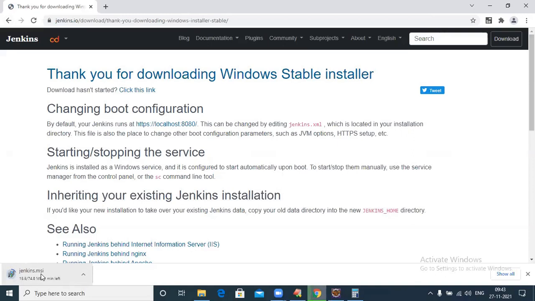I will just tell how it is running. Once you download this, wait one minute. After downloading, just double click. It is an exe file. Follow the instructions. The password, everything will be there in the file itself. When you double click it, it is telling the process. Go ahead until you come to the page. Install Jenkins.